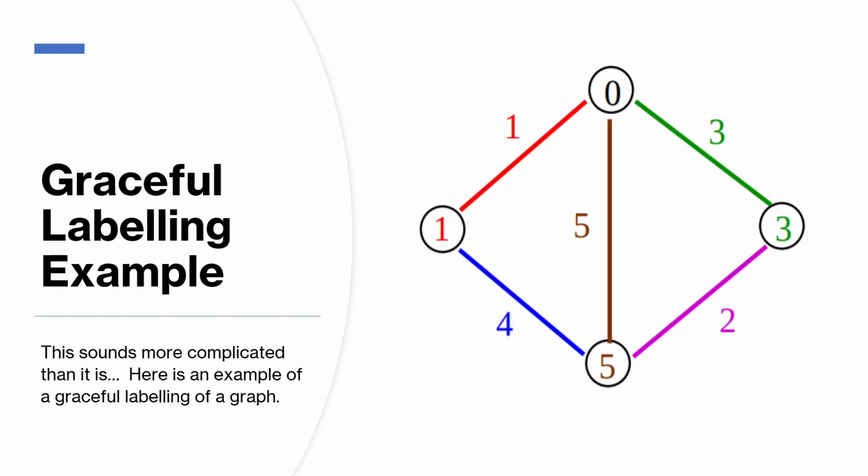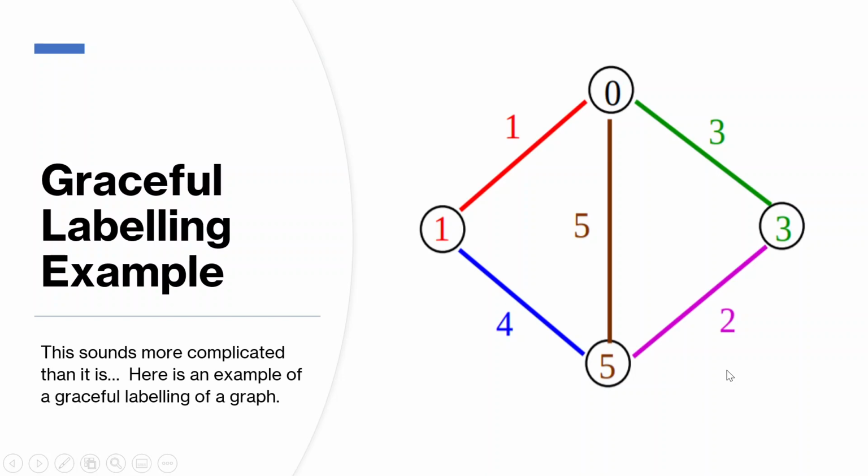So here's an example of a graceful labeling of K4 minus an edge. Here we have 4 vertices, K4, and we've removed one edge from K4. This labeling is given, so right, the vertices are labeled 1, 0, 3, and 5. That vertex labeling is given first, and then we induce an edge labeling by taking the positive difference of incident vertices. So this edge is labeled 1 because its incident vertices are 1 and 0. This edge is 4 because its incident vertices are 1 and 5,